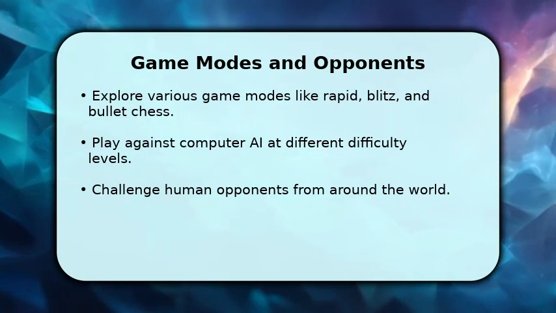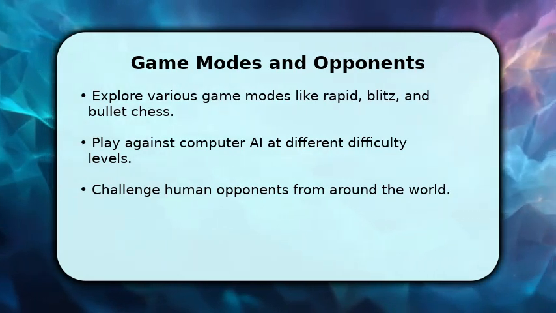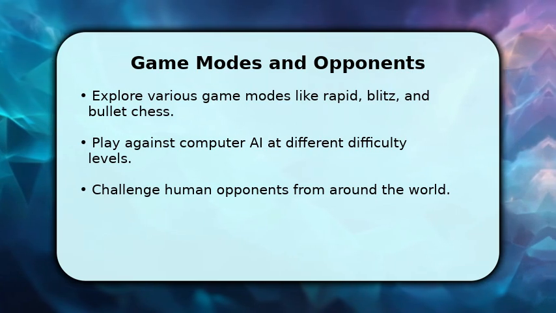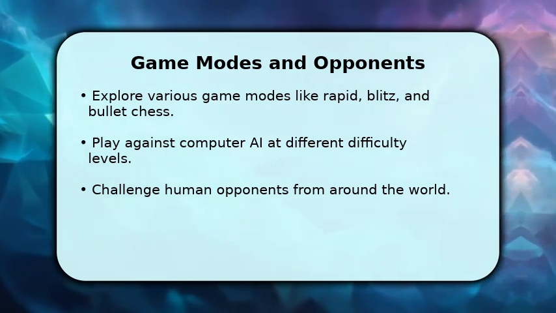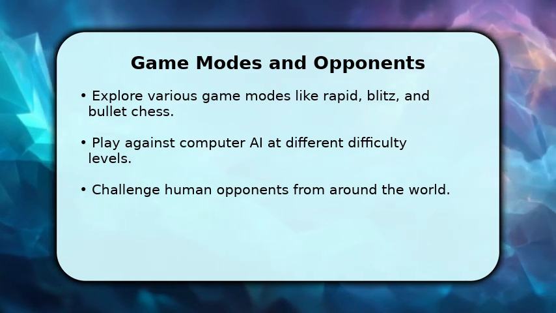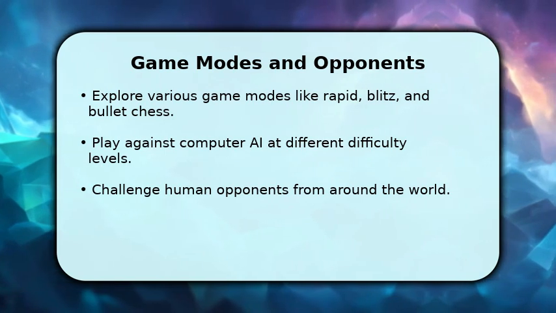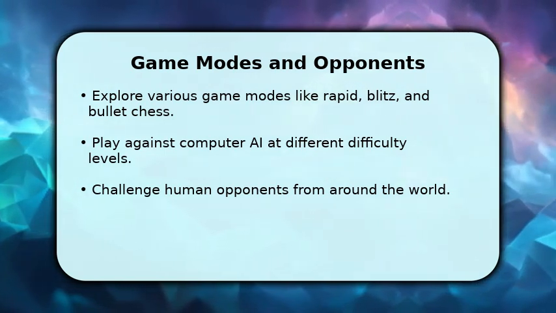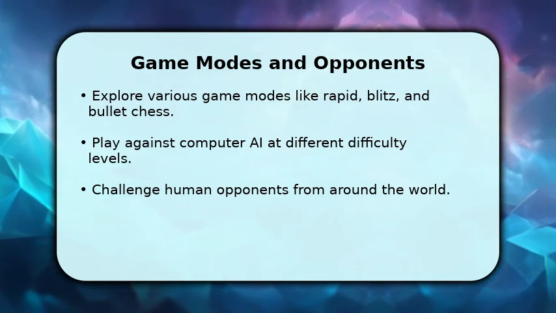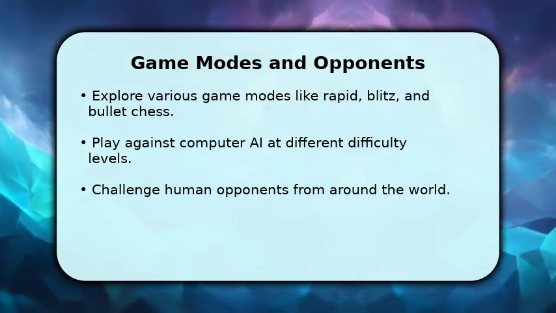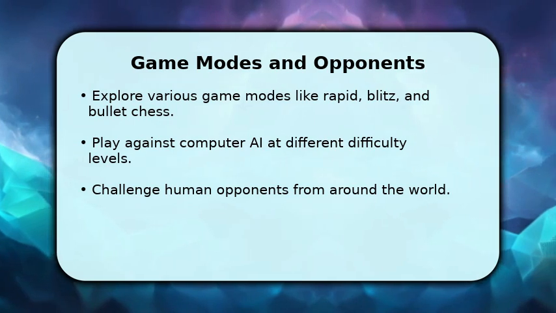Online chess offers diverse game modes to suit your preference. You can choose from rapid games, typically lasting 10 to 30 minutes, or faster-paced blitz games, often 3 to 5 minutes per side. For a quick challenge, try bullet chess, where each player gets only 1 minute. You can also play against a computer AI, which usually has 20 or more difficulty levels, or test your skills